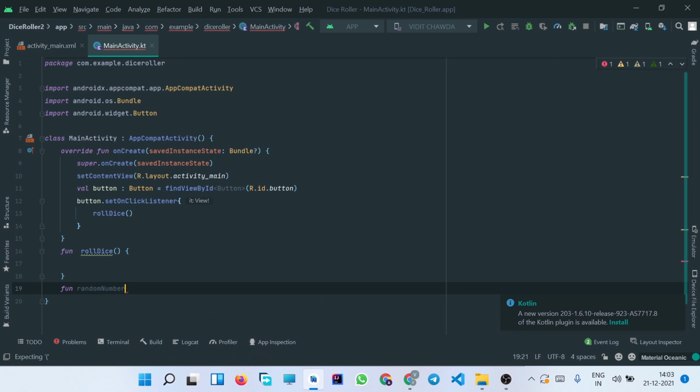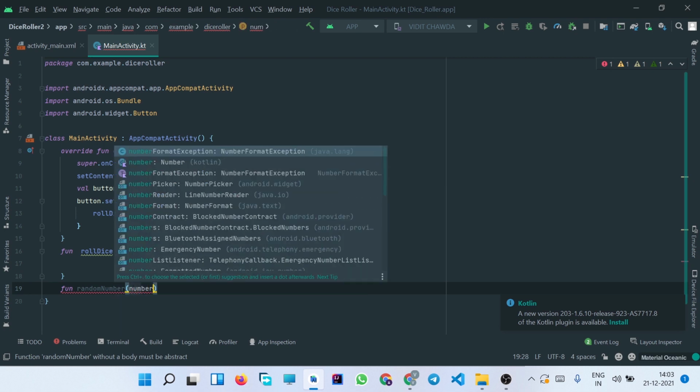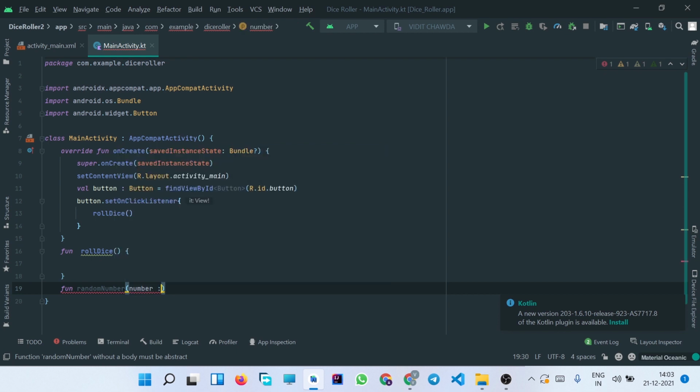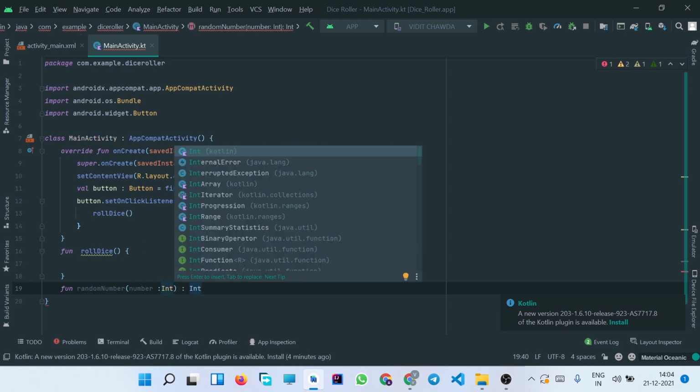This function is going to take an argument which we are going to pass when we call this function inside this rollDice function, which is going to be a number of Int data type. And since this function is going to return a random number between 1 to 6, the return type of this function should be Int.